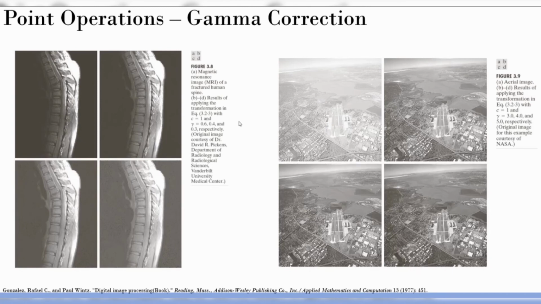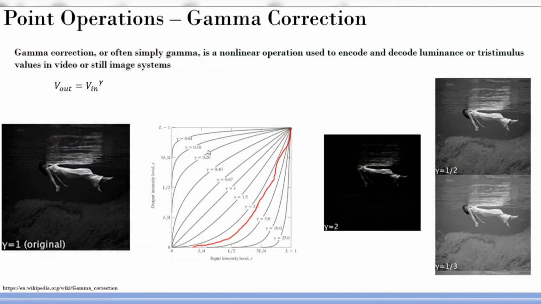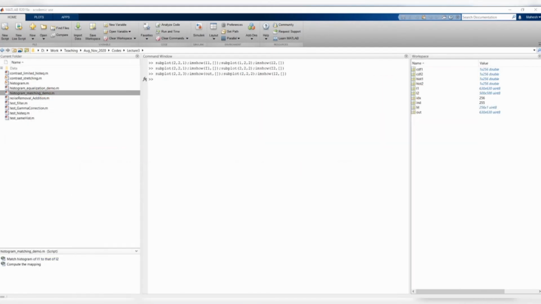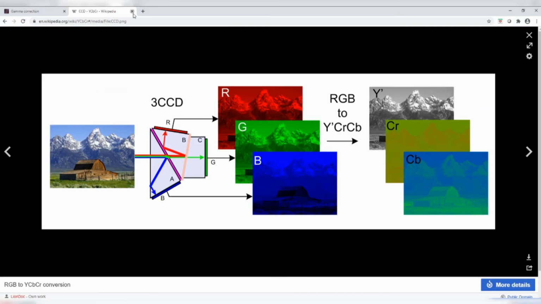This is the takeaway here. Gamma correction is a non-linear relationship between input and output, and there are defined curves as I was showing you here. So you can go along any of these curves, and essentially you transform the image to look brighter or darker according to your use case. The most important use case I want to show you is exactly what I was telling, between the image capturing and the image display.